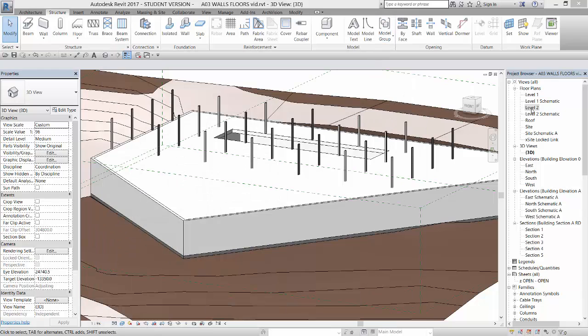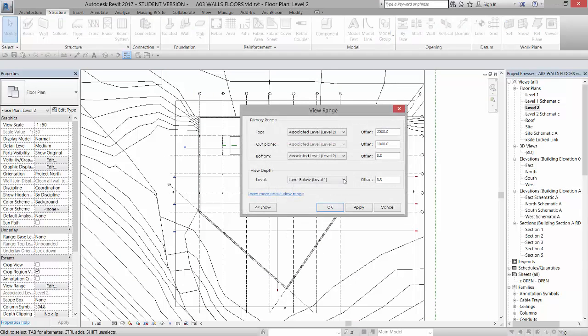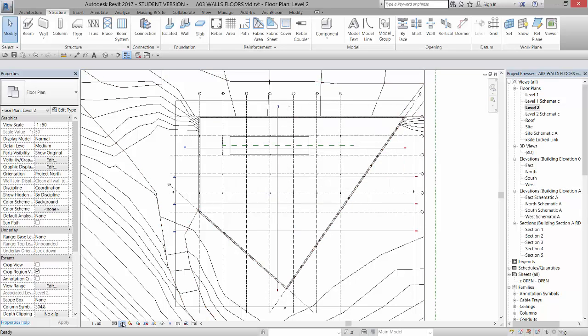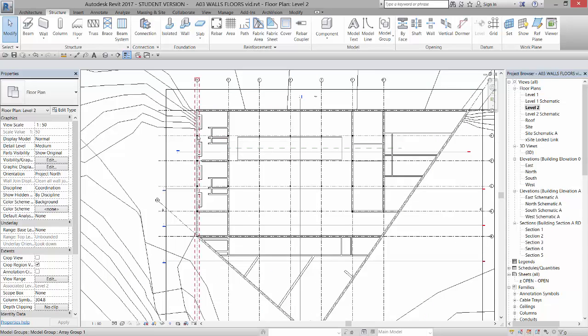I'm going to go to my level 2 here, and I'm going to make sure that in my view range I have the view depth set to level 1 so I can see down below level 2. Cancel that, and I'm going to go to my wireframe. So that means I can just see through that floor that we created. Now those beams are going to go from this column to that column, and there's 1, 2, 3, 4 of them across there. So at this point what I want to do is go to my beam command under structure,